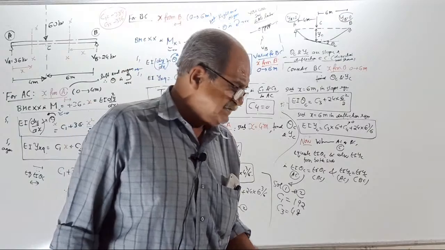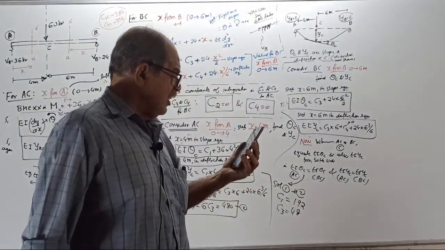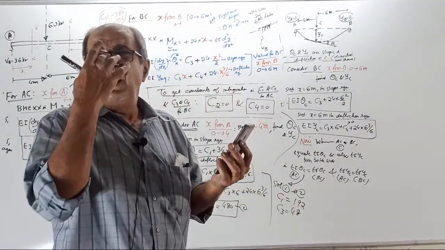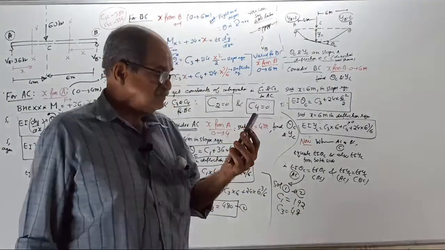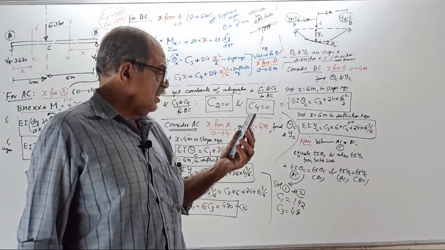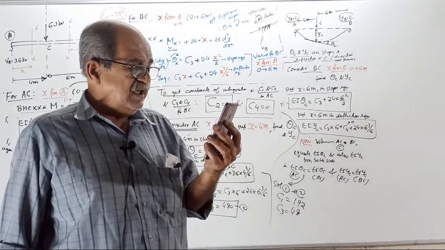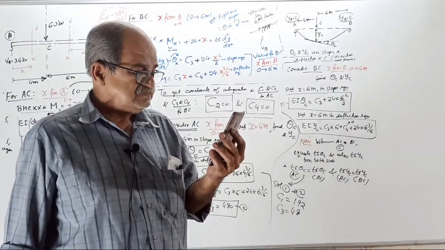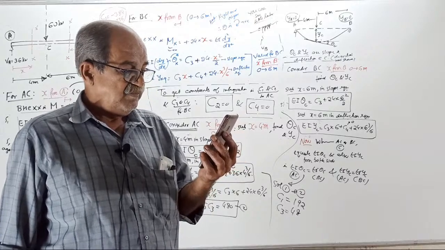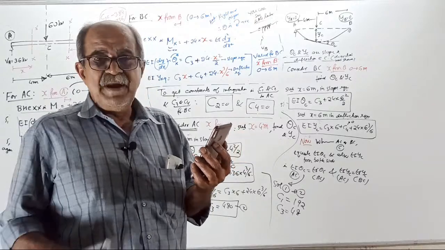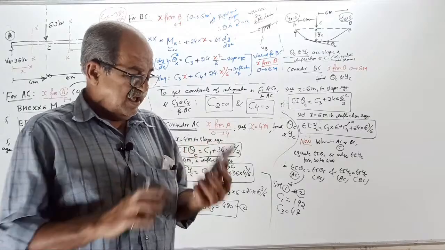Clear or not? Tell me fast. Fully clear or not? C1 192, C2 48. Just tell me clear, and I'll go to the next step. No comment. Clear. Okay. Now,